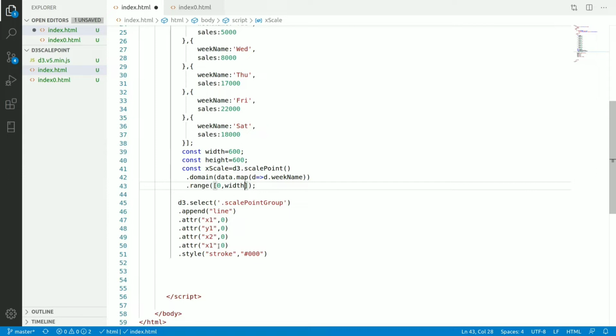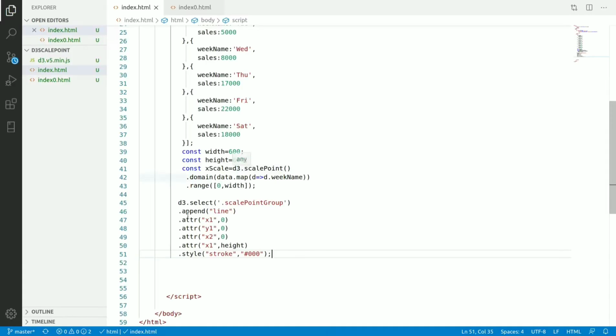Now for the vertical line I have passed x1, y1, x2 and y2 as the height of the SVG, and stroke is 0. So this is for a horizontal line. Sorry, I want to create the vertical line. So here I will pass y2. So this line is created vertically.